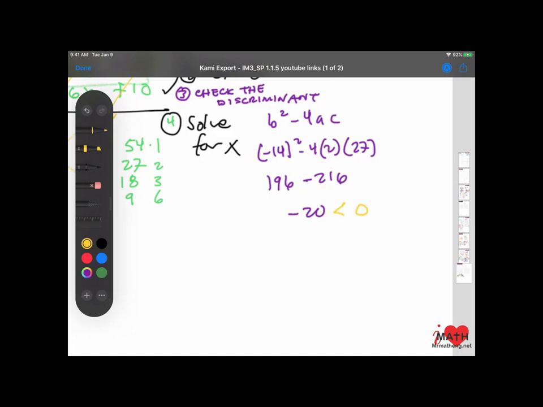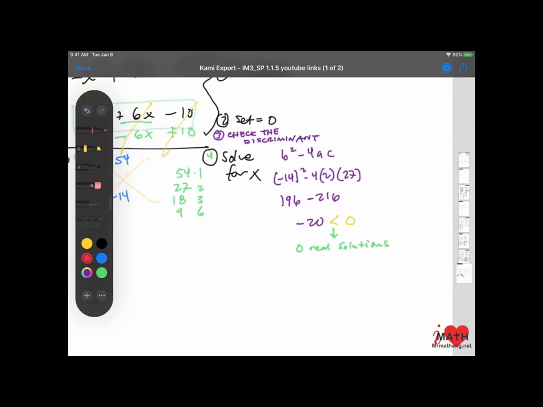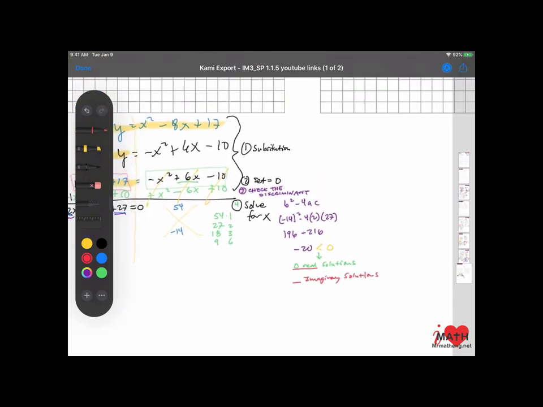And when this is less than 0, this basically means you're going to have 0 real solutions. Now this word zero reals means we're going to have some kind of, I'll call it blank, imaginary solutions. We'll talk about imaginary in a second, but the goal is that if you graph this,